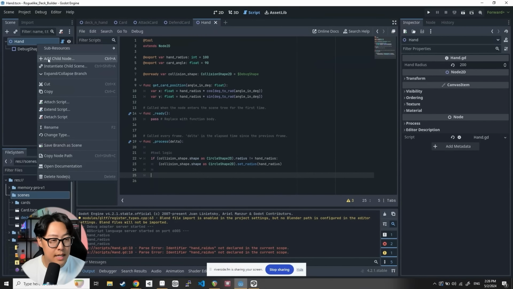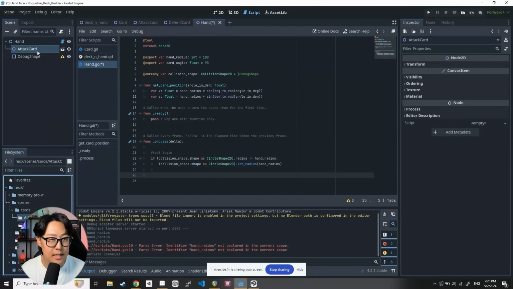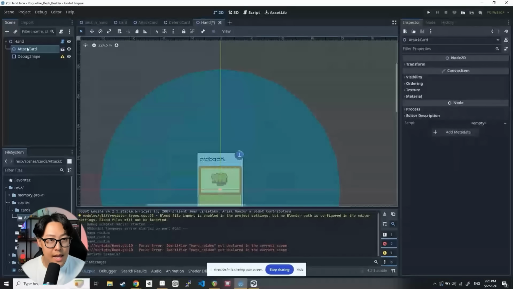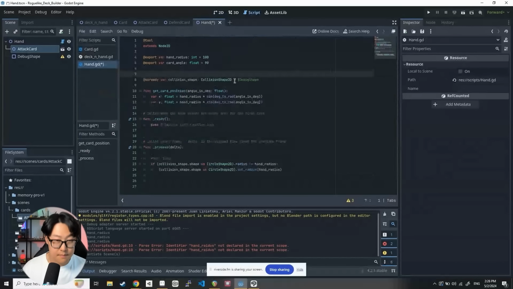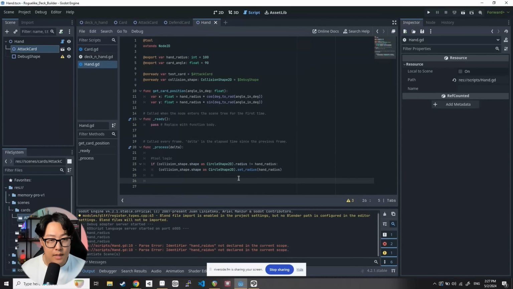So for now, I'm going to temporarily add a card here. This is not going to be the final. I'm just doing this to test. So I drag and drop the attack card, which will be at the center. And then I'm going to get the test card up in here. Right? And during the update, I'm going to position the test card in the card position. So I'm going to position it to,